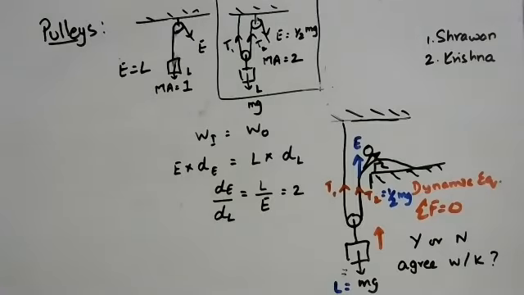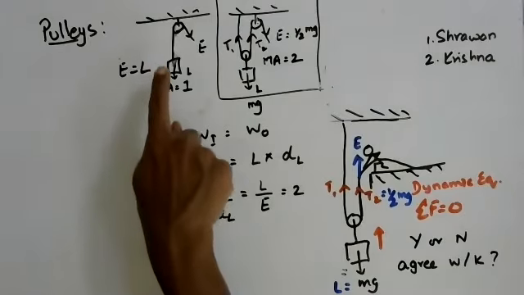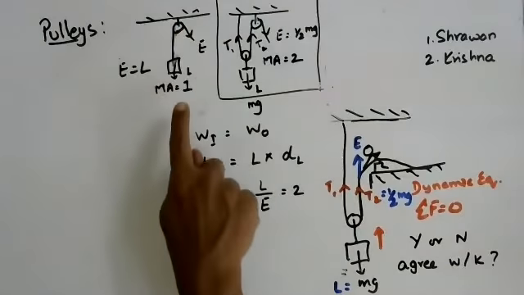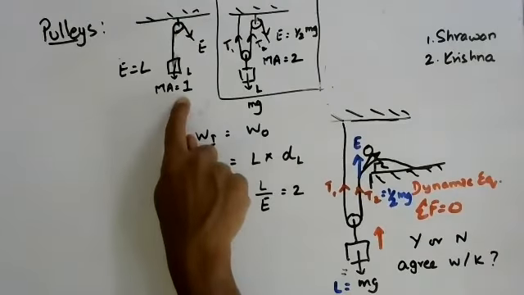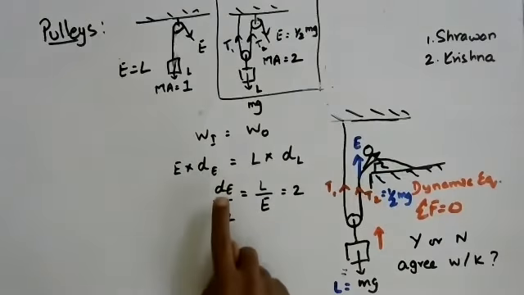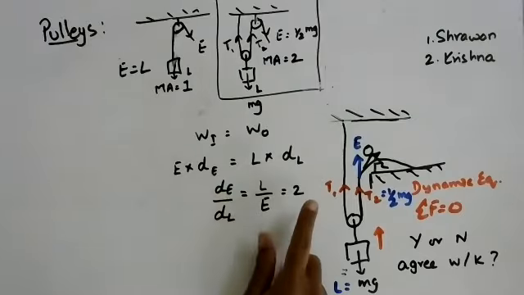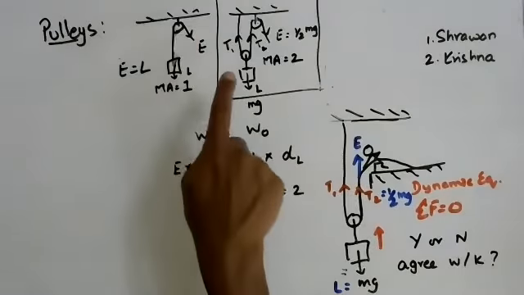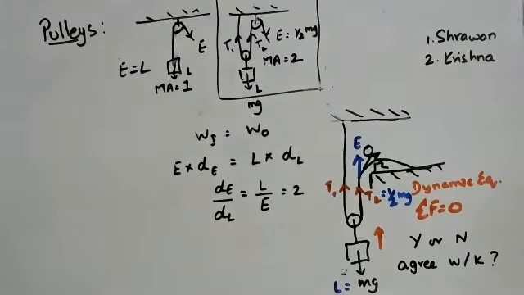No, not quite. Yeah, that's a good question to ask also. Why is this situation different from this situation, right? Because in this situation, mechanical advantage is 1. That means that the load and the effort are equal. So therefore the ratio of the distance moved by the effort and the load will also be equal to 1, which means if you pull this by 1 meter, this will also go up by 1 meter.